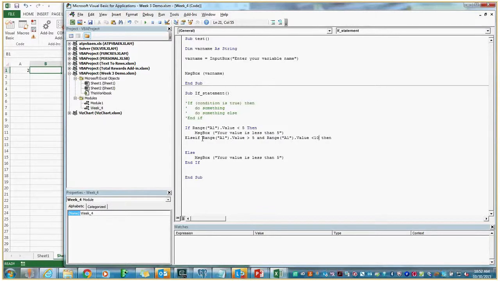So if the range A1 is greater than 5 and less than 10, then, and this is actually getting into one of my other points, with an AND. So you can use an AND within the condition portion of an if statement. So you can have an AND or an OR, which lets you provide multiple conditions, and in this case they all have to be met in order to proceed into the if statement and do the code within it. So let's see, if it's greater than 5 and less than 10,